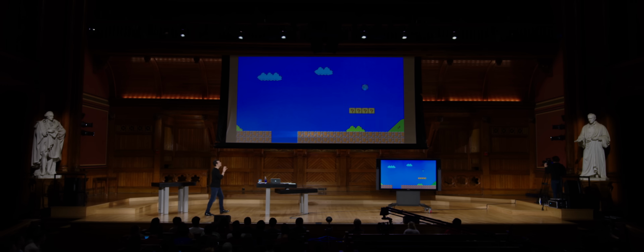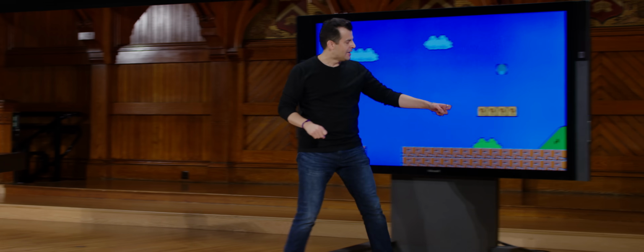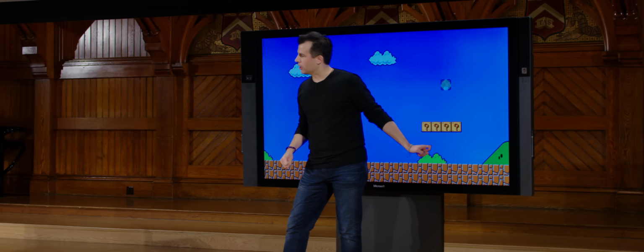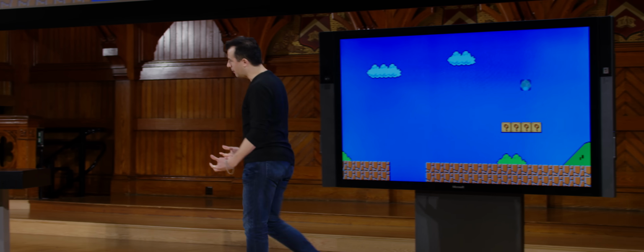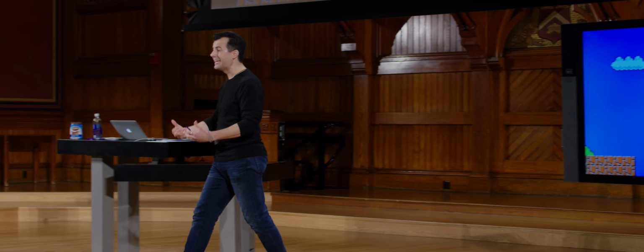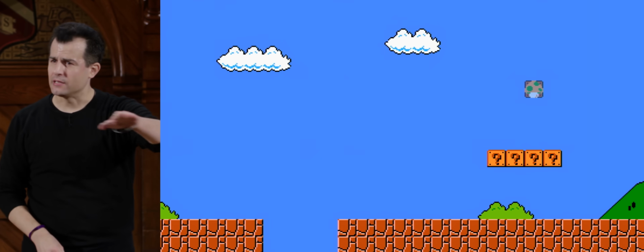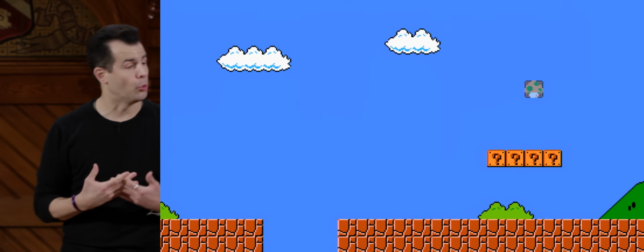But for now, I'm going to really simplify this and propose that all I care about for the sake of discussion is this line of question marks. How would a computer program, whether in Super Mario Brothers or today here in Sanders, go about printing a line of question marks in a row like that? Well, let me go ahead and open up